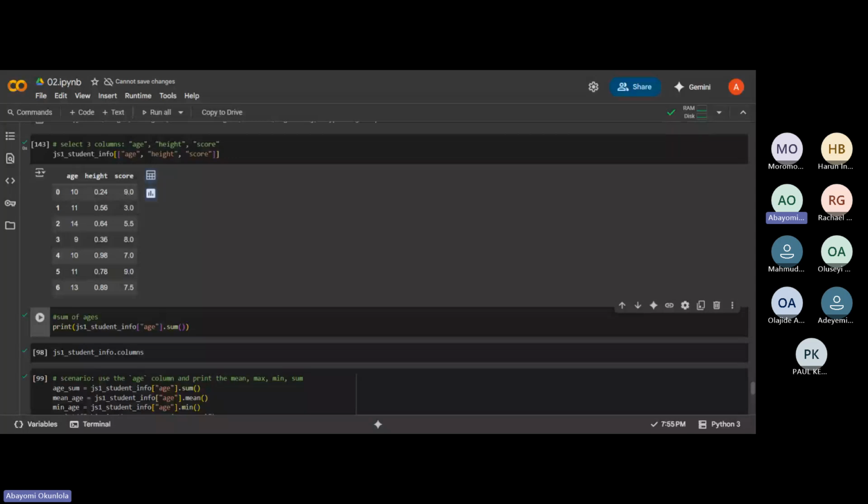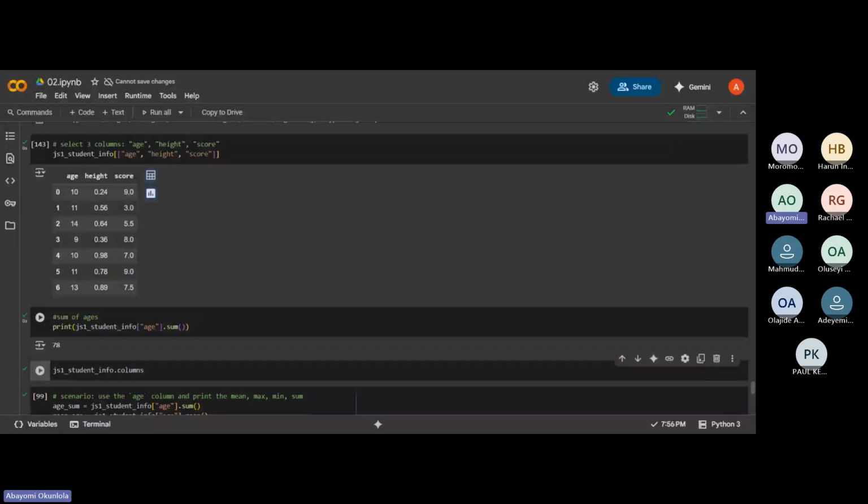We are saying print gs1 student, which is our data frame name, the age column, and then dot sum. You open your bracket and close it. Then the total age here is 78.